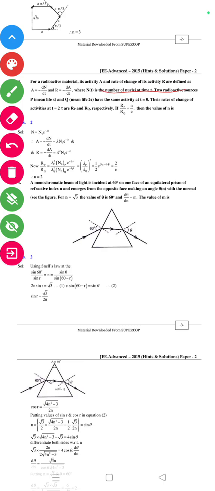Two radioactive sources P mean life tau and Q mean life 2 tau have the same activity at t is equal to 0. The rate of the change of the activity at t is equal to 2 tau are RP and RQ respectively. If RP by RQ is equal to n by e, then the value of n is